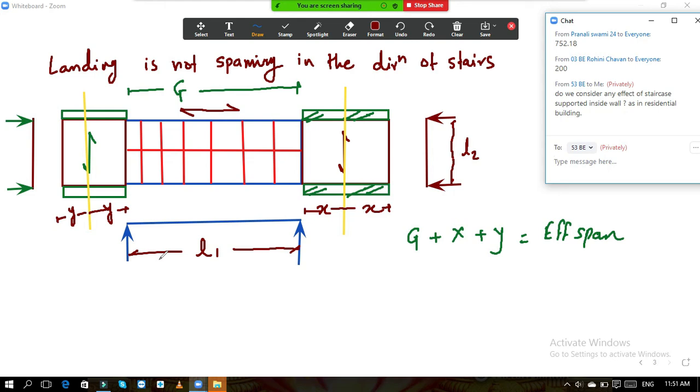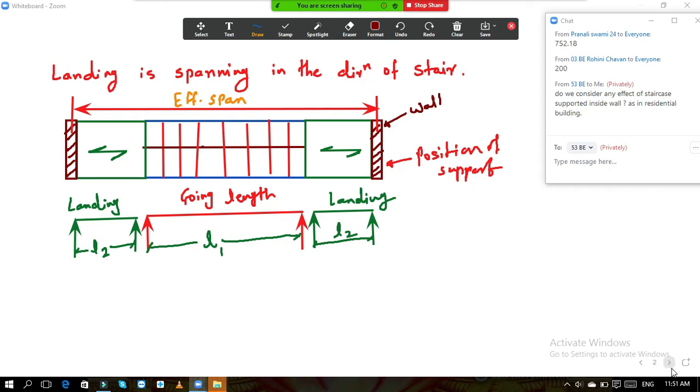I hope now these points are clear to you. We have taken two problems up till now. First is for the normal support condition when the wall is given. In the examination, instead of a wall, they may give you a beam. A beam may be provided of width 230 mm and depth 450 mm, something like that. So accordingly, by the dimension of the given support, you have to consider the dimensions of the support. If the width of the beam is 230, then the supporting dimension is also 230.